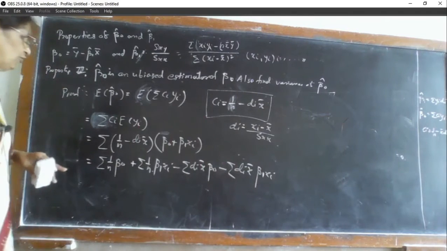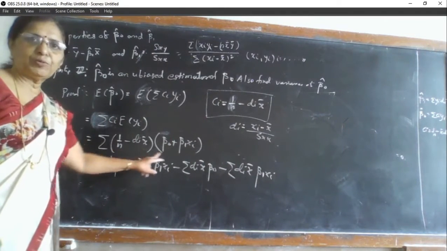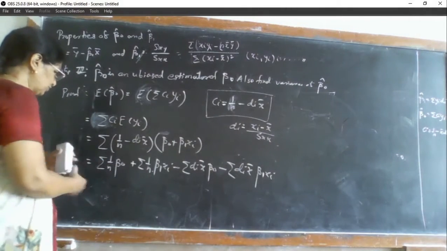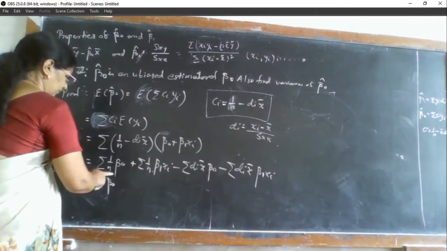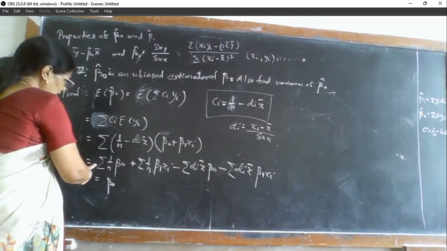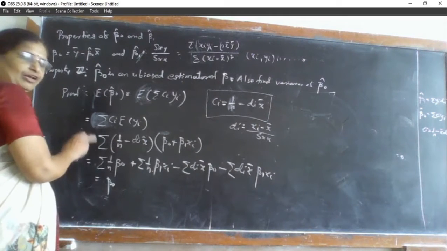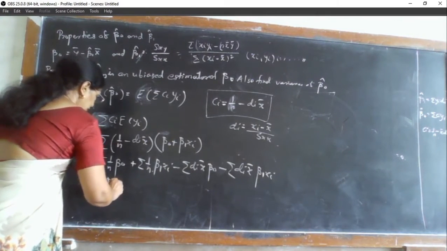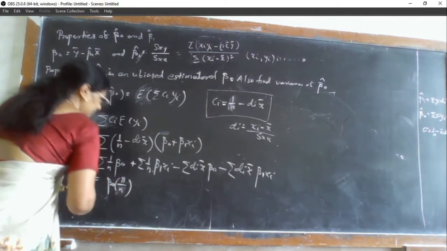Okay, so here we have 4 terms. So it is product of 2 binomials, therefore it consists of now 4 terms. Now this is equal to, now can you see here beta naught is constant. Summation of 1 upon n, we are taking summation for i is equal to 1 to n, therefore we are adding 1 upon n for n times. So it is n times 1 upon n, which will be equal to 1. So for simplicity I will write n upon n.